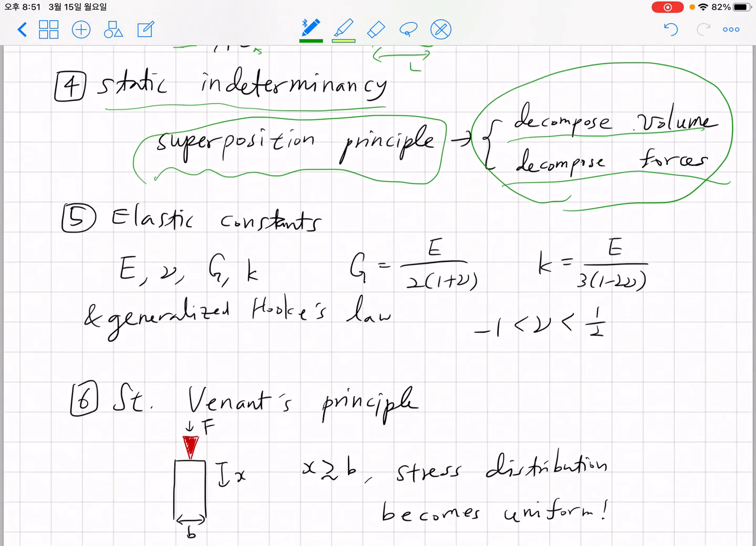and summing up those solutions, I told you that we can then reproduce the solution of the original problem, right? Then we move on to the discussion about elastic constants, and we have a discussion on